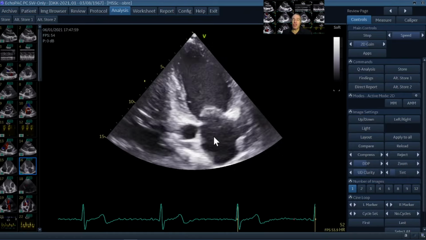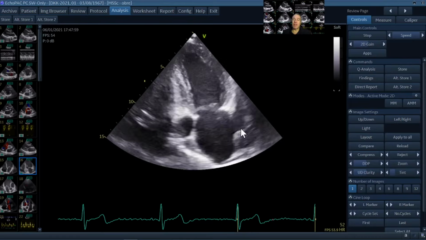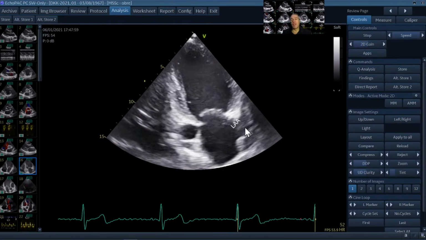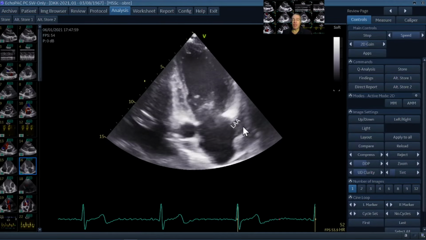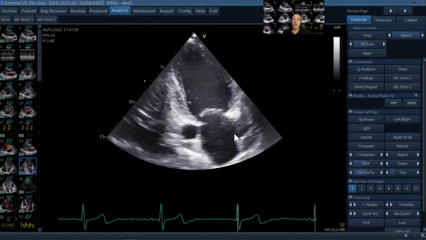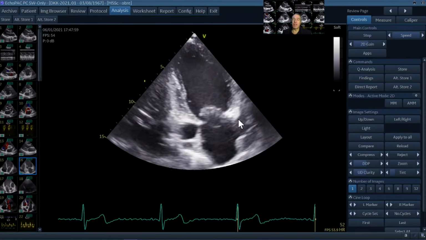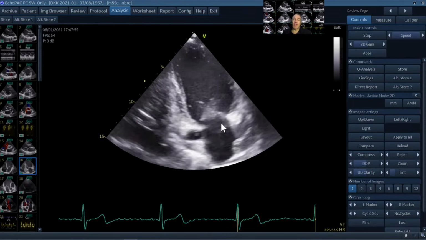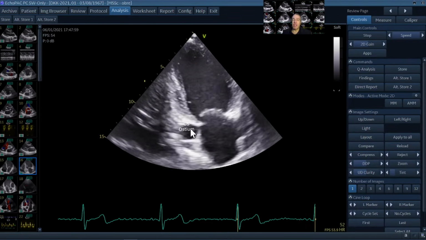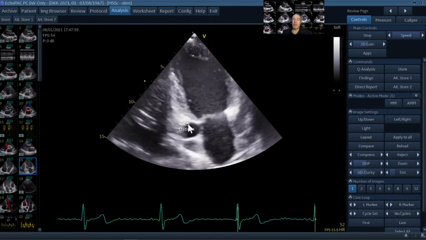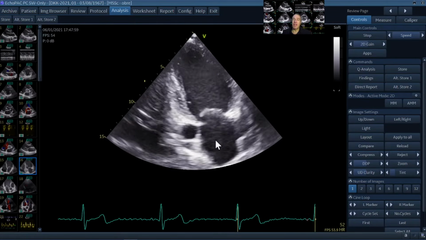What you typically should see at the level of the left atrium, on the right side, if it's large enough and if the image quality is good enough, is the left atrial appendage, or you might at least guess that the left atrial appendage is here. It's very clearly visible in this case. And on the other side, a round structure, which is the ostium of the coronary sinus. So the ostium of the coronary sinus, the left atrial appendage, and the true apex of the left ventricle characterize